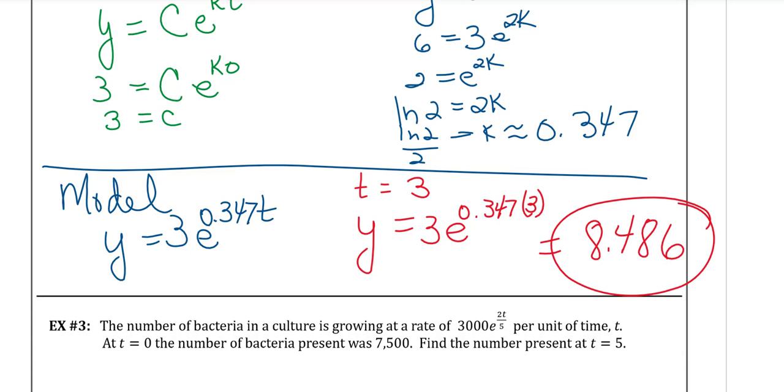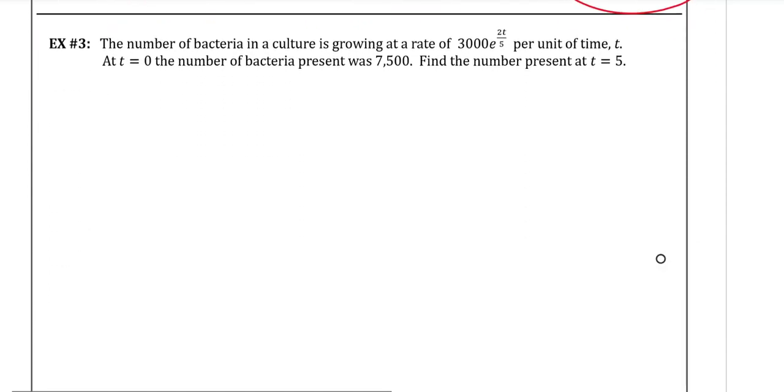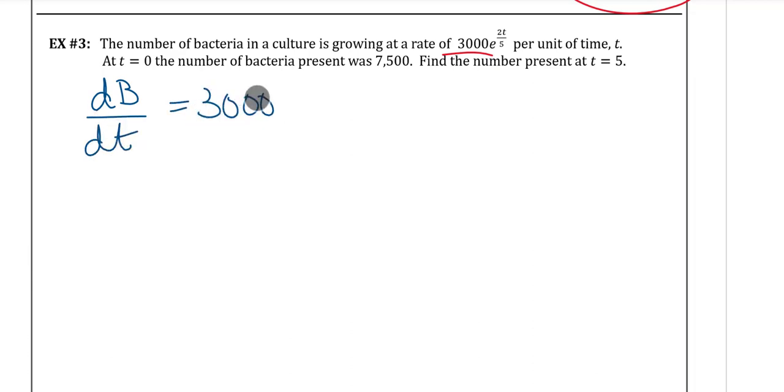Okay? And one more problem. You guys go ahead and do this one. Well, you know what? I'll do this one because it's a little different. It's not a direct proportion. We're told the growing rate. So we're going to have to solve this differential equation. Because it doesn't say it varies directly, what it gives us is the way it varies. So we have to set up this differential equation